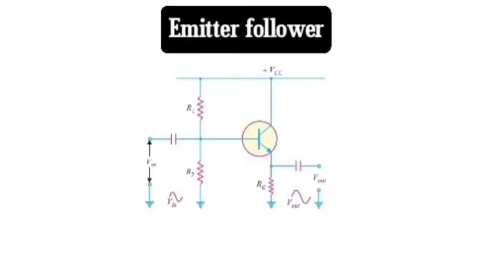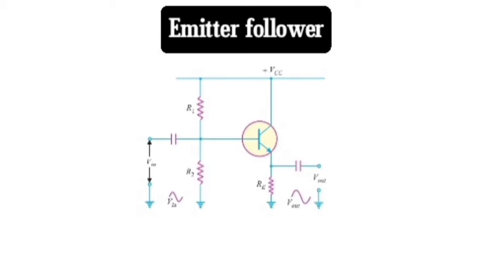Emitter follower circuit. Now what is this emitter follower circuit? Emitter follower is nothing but a common collector transistor configuration, but here the input is given between the base and the emitter, that is the ground, and output is taken at the emitter and the ground. Here the input and output are both following the emitter, that is why this circuit is called an emitter follower circuit, but this is a common collector configuration circuit.